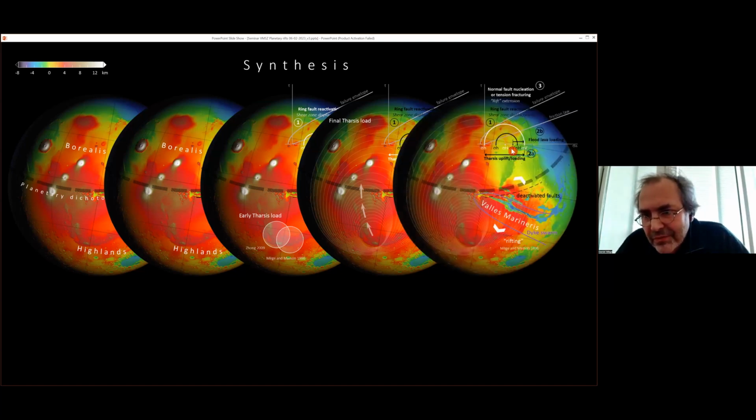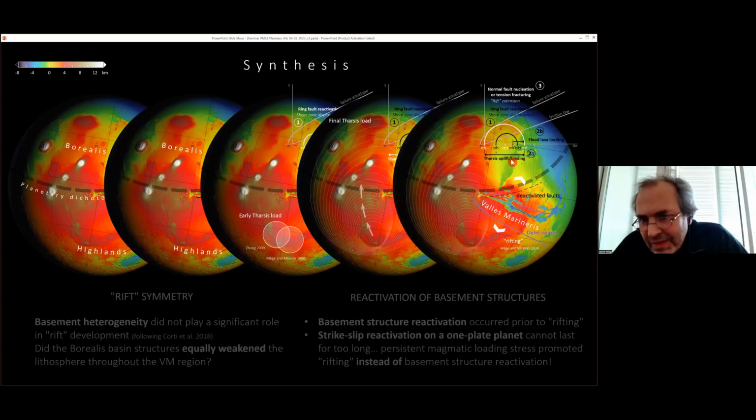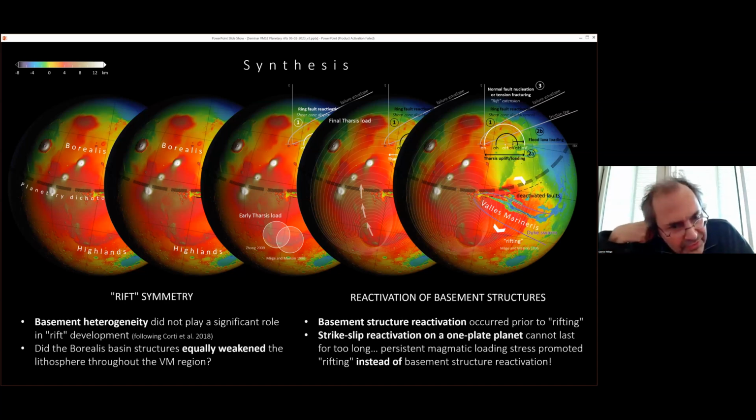So sigma vertical went from sigma 2 to sigma 1, and we are now tangent to the failure envelope, and here now with this new big load of Tharsis, we can form the grabens of Valles Marineris as well as the dike swarms which are propagating at the same place. So this is a quite simple scenario of evolution, and we can now go to the question that we had